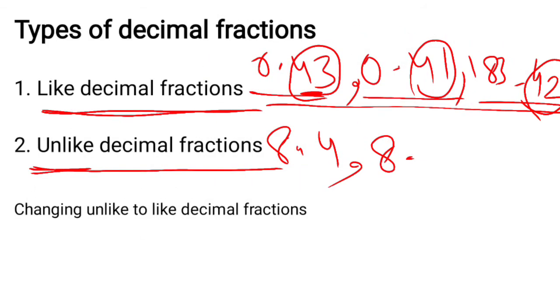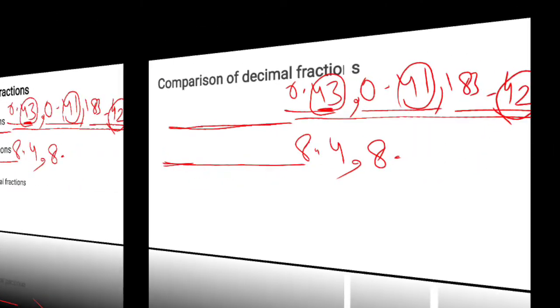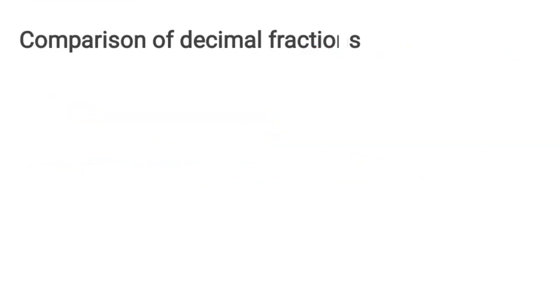So in comparison of decimal fractions, how can we compare any two decimal numbers, which one is greater and which one is smaller? How can we find out? So I'm taking an example so that you can compare the numbers stepwise. This is our number